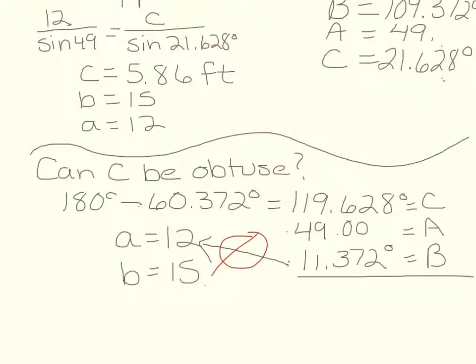That's not possible. This proportional large angle being across from a smaller side doesn't go together, so the triangle doesn't work that way. Okay, so our triangle again has to be